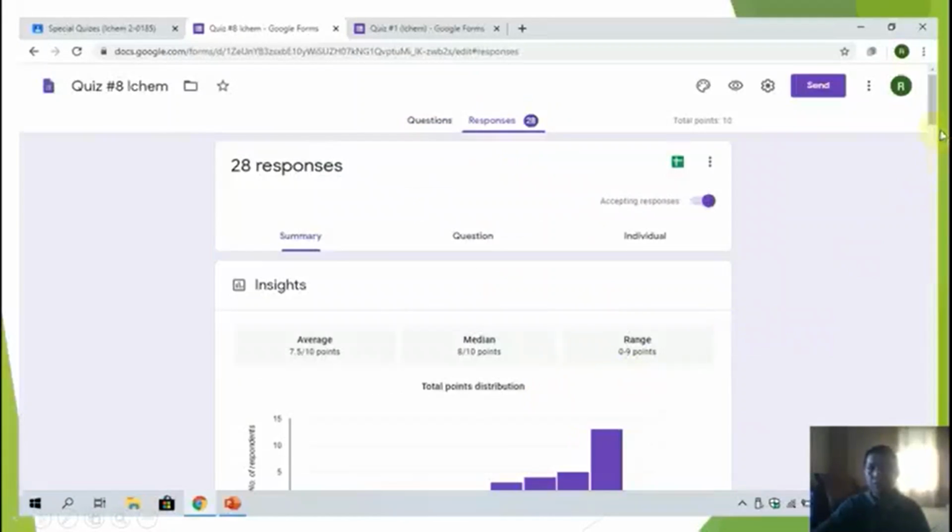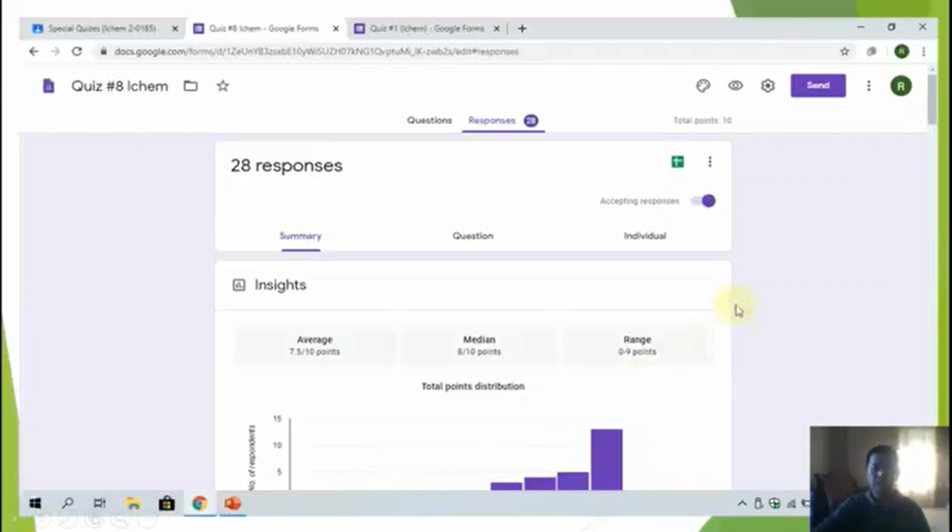Now you can see the score of the student automatically by using this one. You have to scroll down, but for me this one is more convenient compared to this, because here there are a lot of questions also, so I don't want that. But here, if you want to release the score, you have to scroll this one and there is a score in this window, and then you have to click release score and send via email.